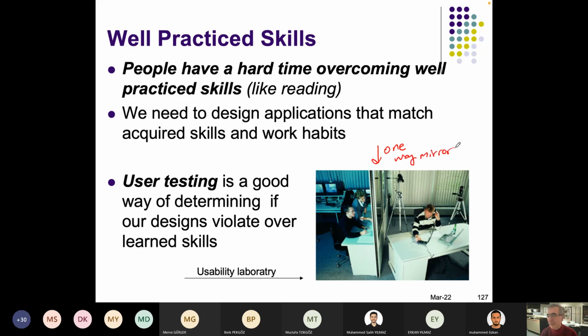The one-way mirror was a significant part of the user interface laboratories